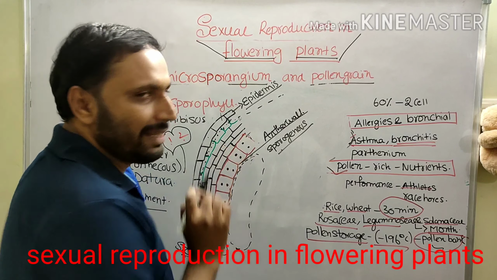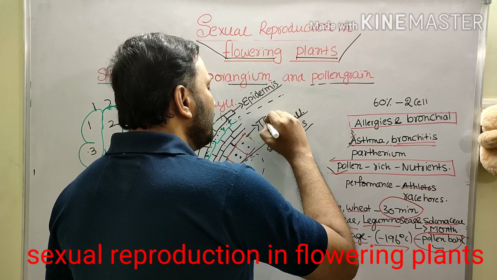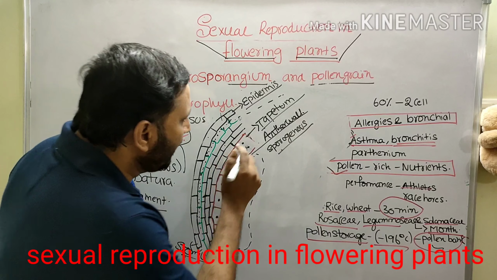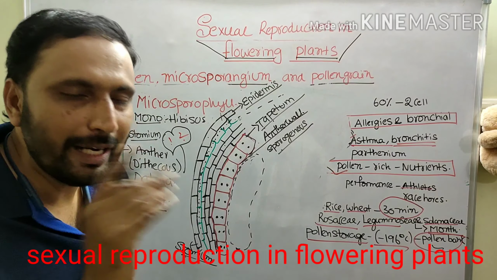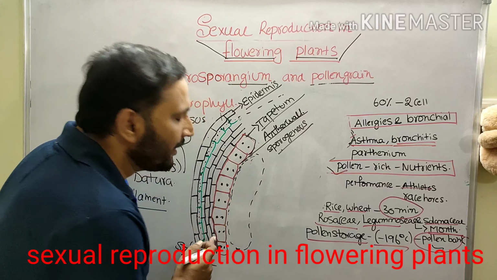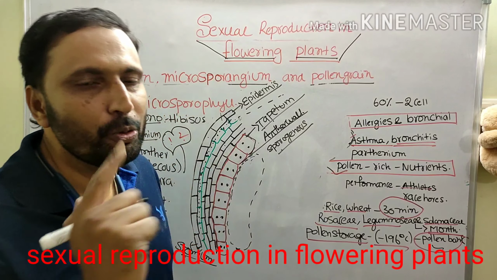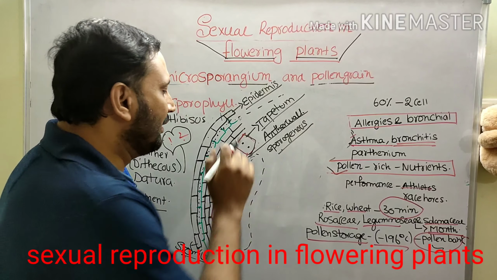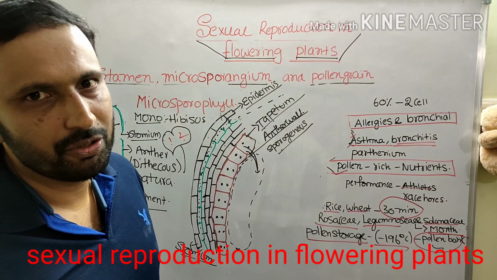Below the endothecium, middle layers are present and the last layer is the tapetum. Clearly, the last layer of the anther wall is the tapetum. The tapetal cells contain two nuclei, each diploid. Why are two nuclei present in the tapetal cells? After karyokinesis there is no cytokinesis. That is why two nuclei are present. This innermost layer of the anther wall, the tapetum, supplies food. It is the nutritive tissue for the sporogenous tissue.